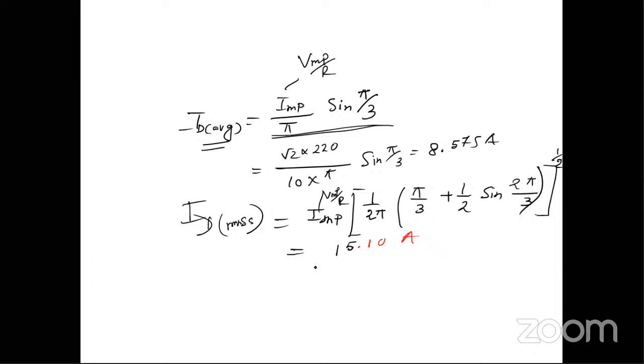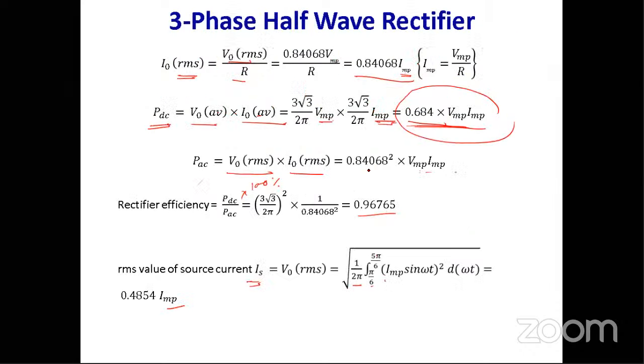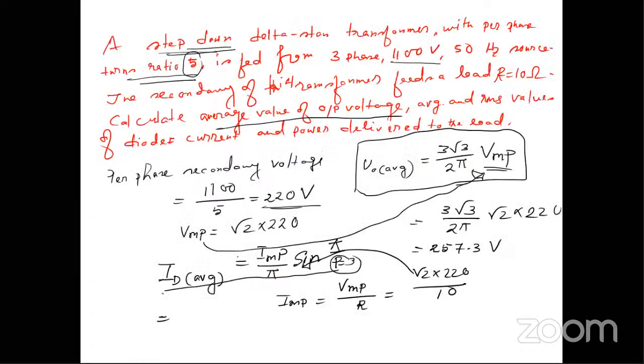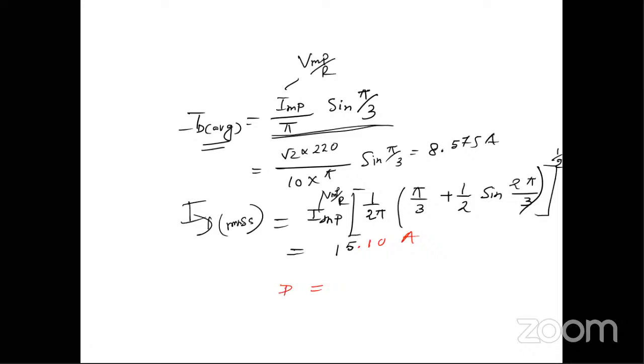পাওয়ার ডেলিভার টু দা লোড, সেক্ষেত্রে তোমরা নরমালি আরএমএস ভোল্টেজ আর আরএমএস কারেন্ট ধরে করতে পারো, আর আরএমএস ভ্যালু অফ দা আউটপুট ভোল্টেজের এক্সপ্রেশন ধরেও করতে পারো। এই যে পাওয়ার ডেলিভার টু দা লোড, অ্যাভারেজ নয়, এটা 0.84068 স্কয়ার ইন্টু ভিএমপি ইন্টু আইএমপি ধরেও করতে পারো। ঠিক আছে, তাহলে এখানে ভিএমপি আইএমপি অলরেডি আমরা জেনে গেছি, সেই ভ্যালুটা বসালে তোমরা এই পাওয়ার ডেলিভার টু দা লোড পেয়ে যাবে।